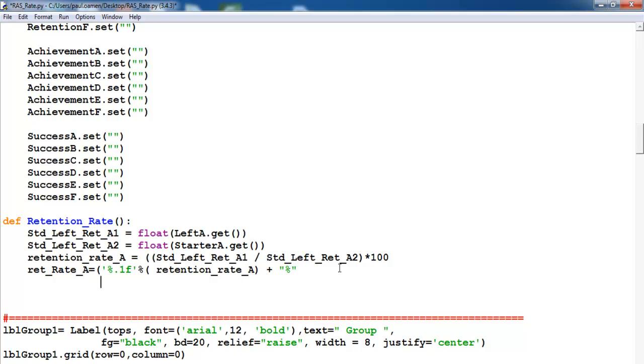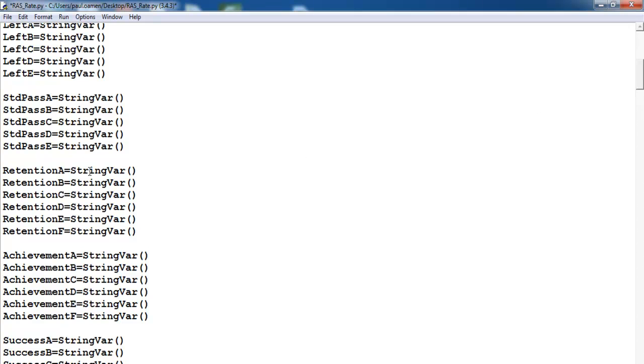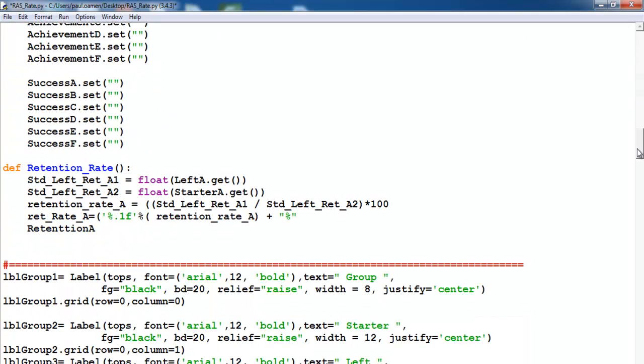Okay, we now need to assign this data into our variable so that it can appear on the entry itself. Retention A, I'm now referring to this retention A variable up here. Bring it down. Retention A dot set retention rate A there, and that will be all. So let's try it out. If I run that,